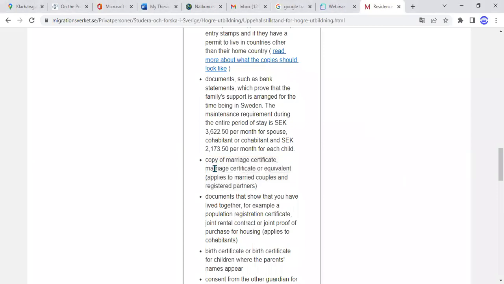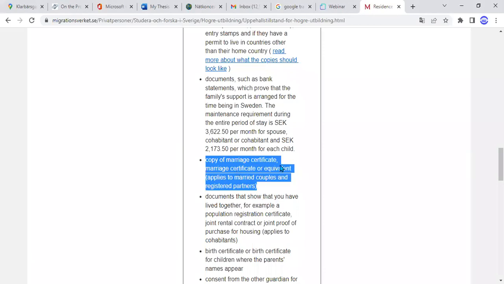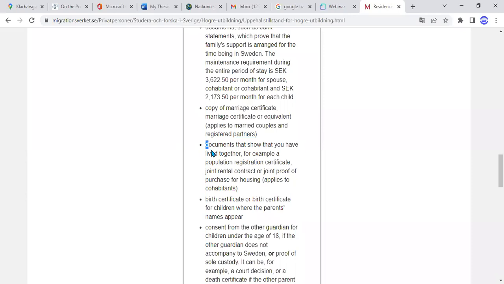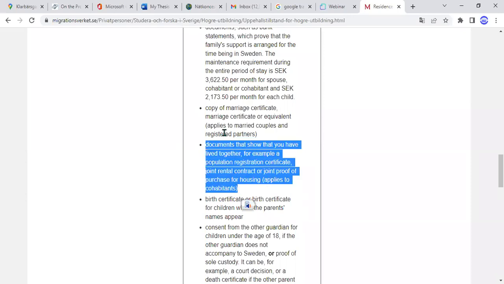Okay, sorry for that. Then you also need to have a copy of your marriage certificate for married couples. So you see here, it applies to married couples and registered partners. Then if you are not married, maybe cohabiting partners, then you don't need a marriage certificate. Rather, you submit a different document. You can see it here. Documents that show that you have lived together. For example, a population registration certificate, joint rental contract, or joint proof of purchase for housing applies to cohabitants,